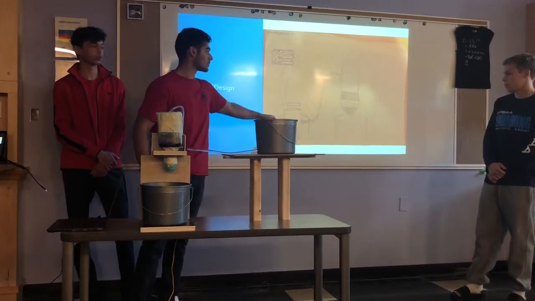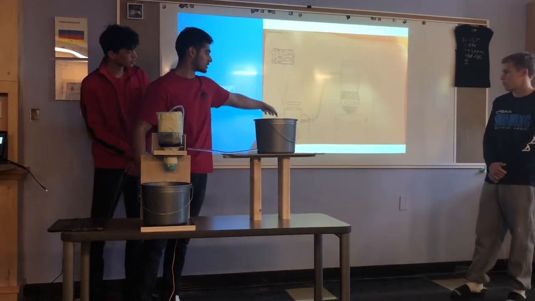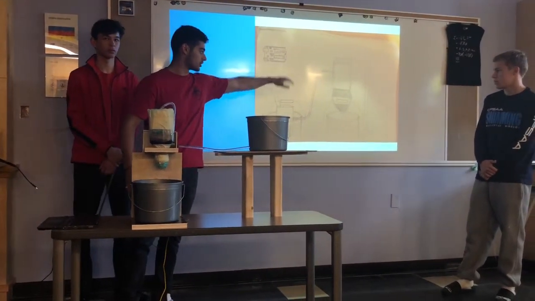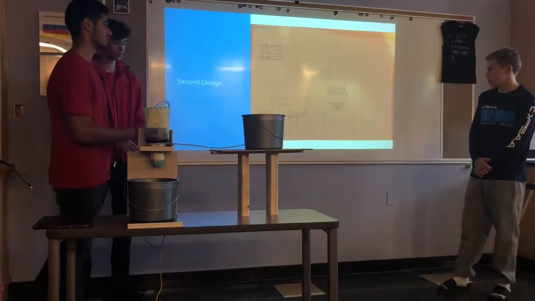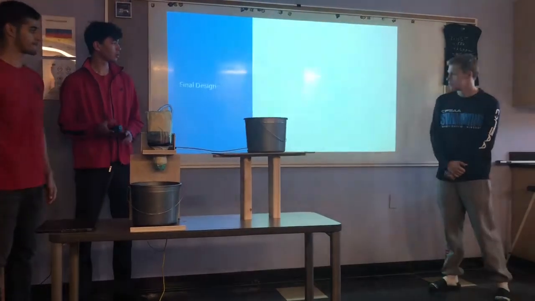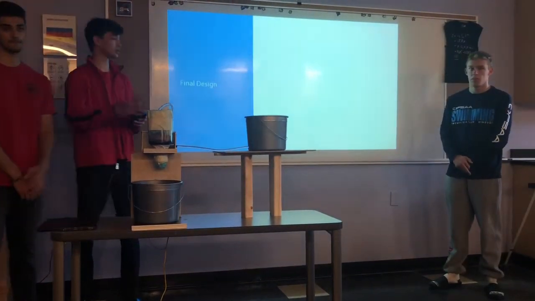It's an aquarium filter. It takes water through the tubing to the filter, and the filter allows the water to come into that bucket. And so our final design, which you can see here,